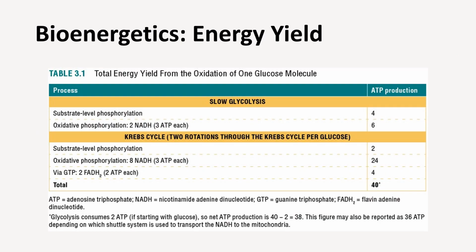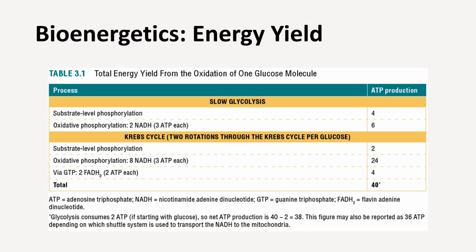Okay, so here's the good part. The complete breakdown of one molecule of glucose through aerobic metabolism, or oxidative phosphorylation, results in the production of a net total of 36 to 38 molecules of ATP, or adenosine triphosphate. The actual yield may vary slightly depending on the cell type and the specific conditions, but for simplicity, we'll consider